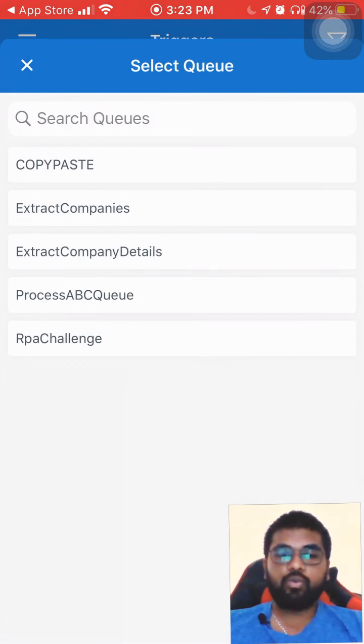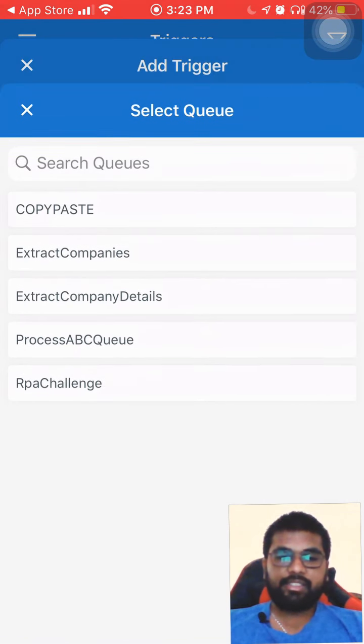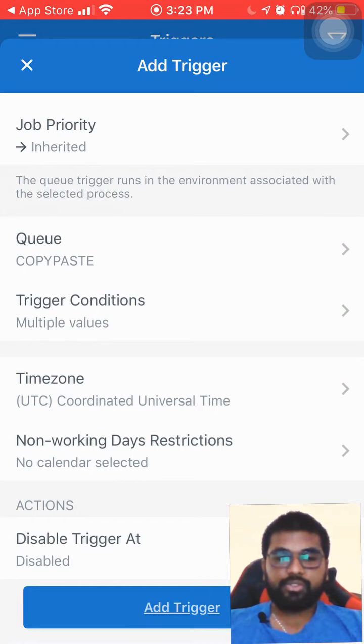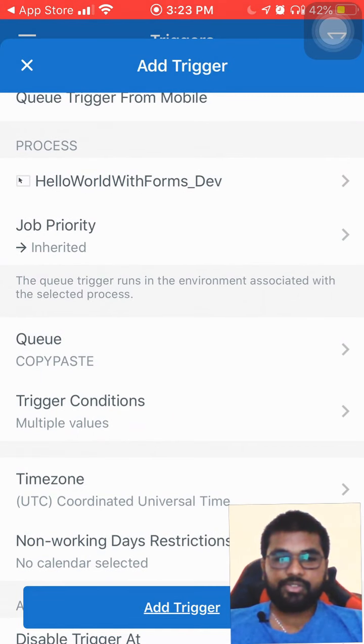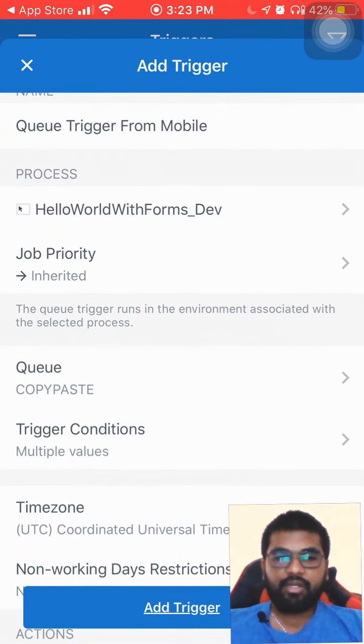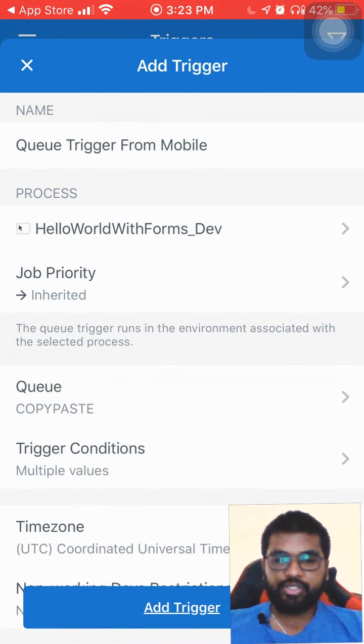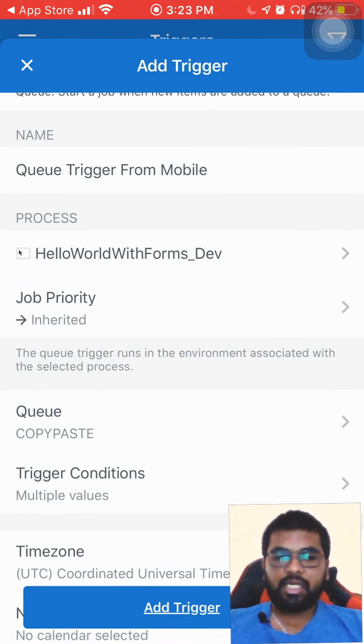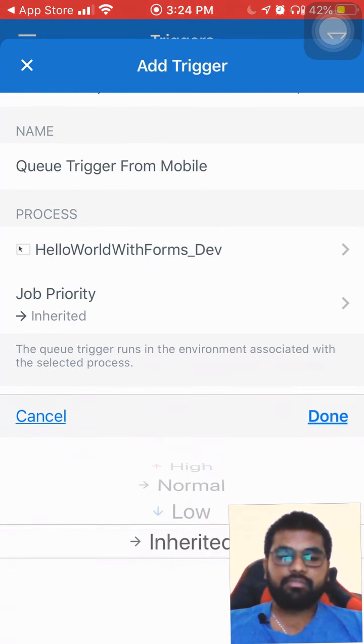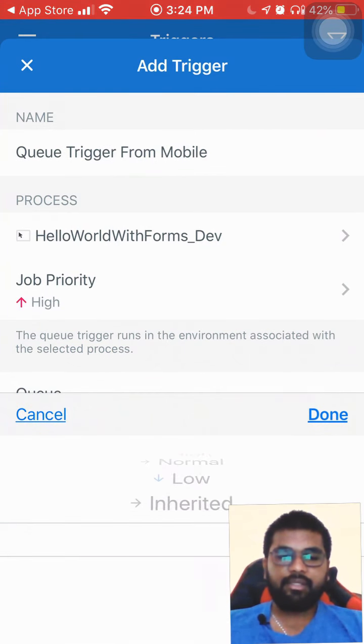So whatever queue I want, I can select it for that particular process. This just says that whenever I add values to the queue, this process, like hello world form, should be started. And in job priority, I can take anything, but I can keep high.